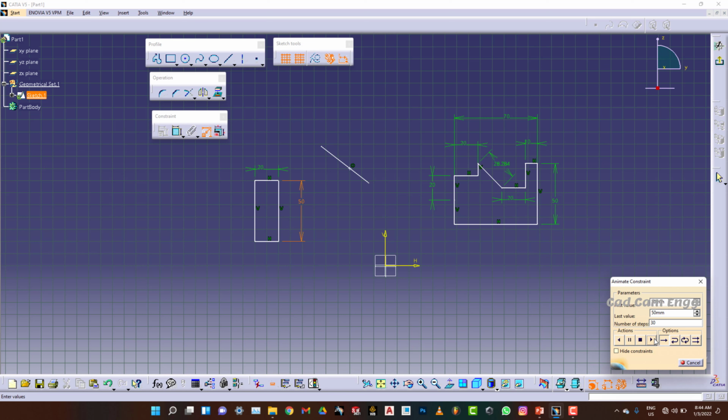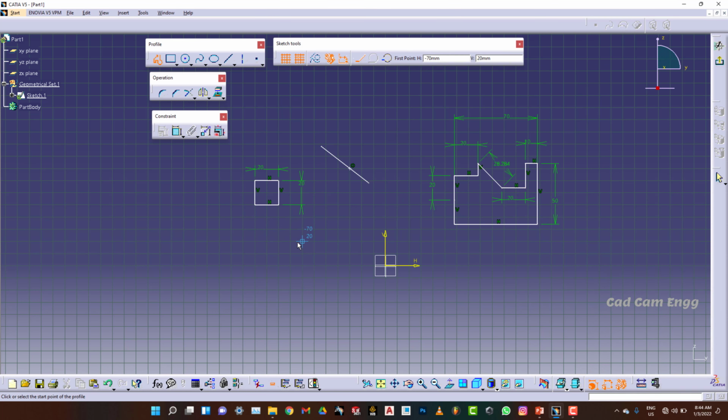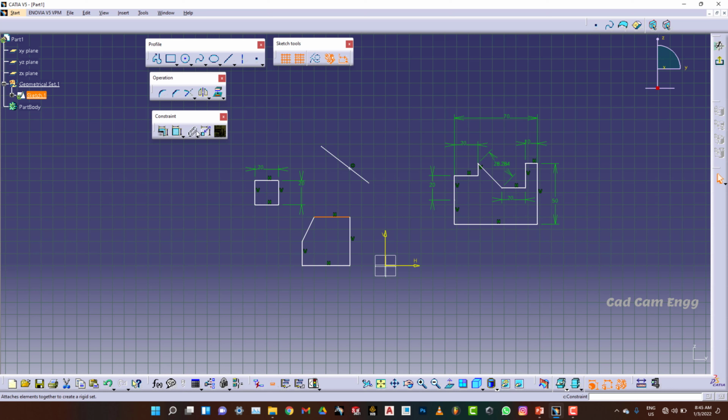It will increase from 20 to 50. Like this my diagram will become. Okay, in complex shapes, if you want to assume a shape like this, and if this line increases, what happens?